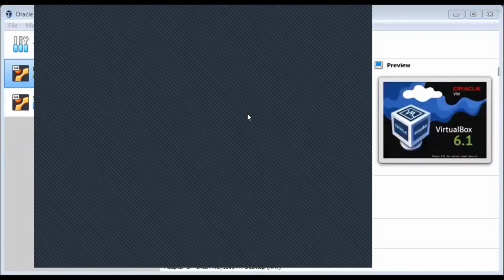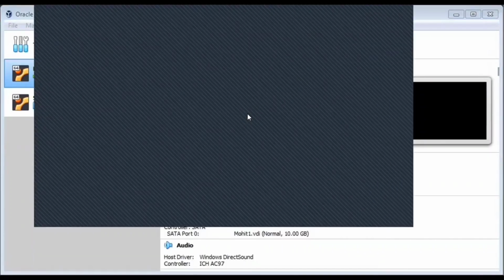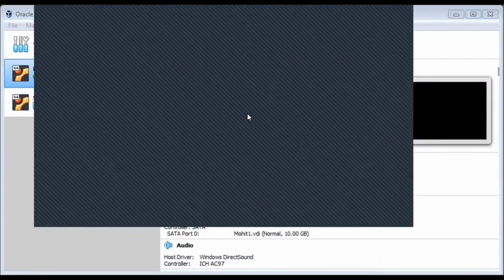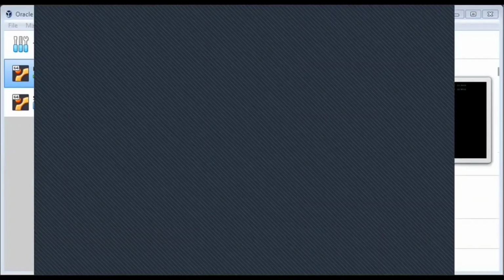So basically, Linux provides a powerful command line interface. Compared to other operating systems such as Windows and Mac OS, we can do basic work and advanced work through its terminal. This is a good thing. We can do basic tasks such as creating a file, deleting a file, moving a file, and more. In addition, we can also perform advanced tasks such as administrative tasks, including package installations, you can say software installations, etc.